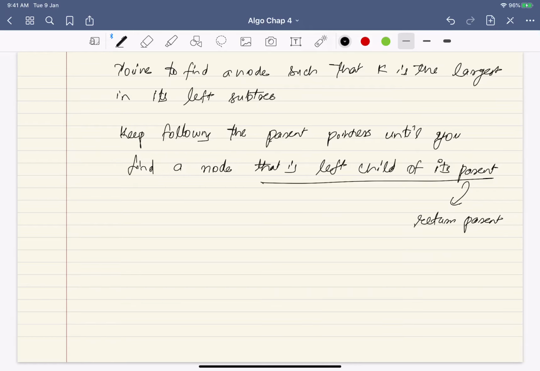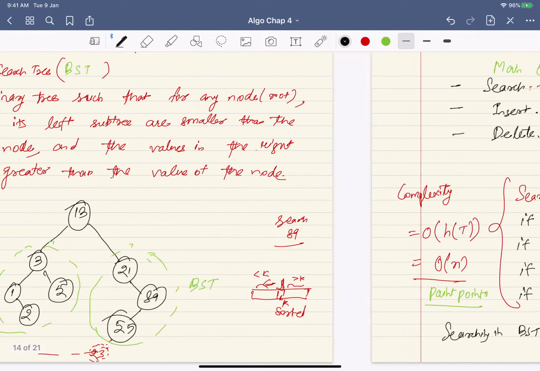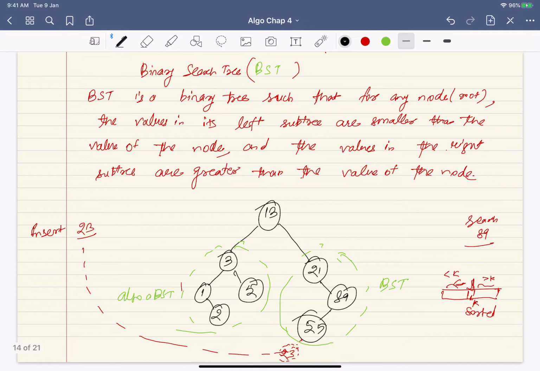Fine. So let's try this. For 55 it is actually easy. I want a successor for 55, so I keep following the parent pointer until I find a node that is a left child. Actually 55 itself is a left child, so 89 is the answer.